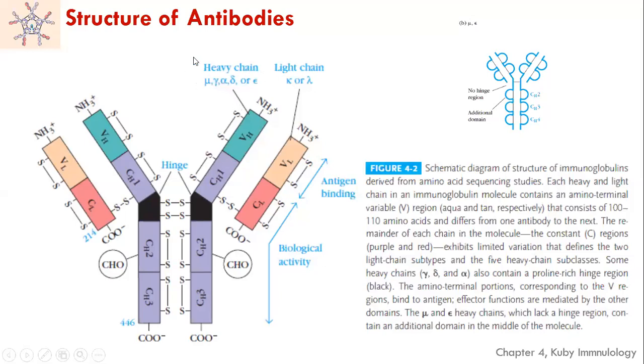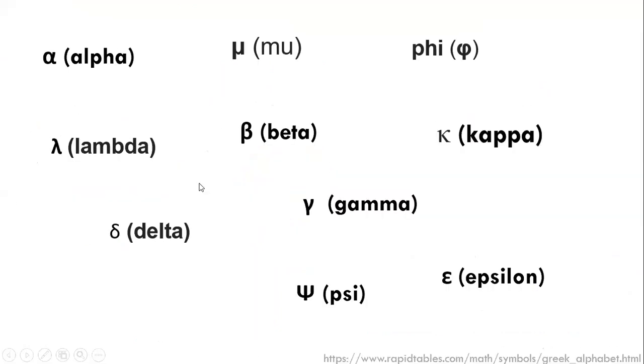And in terms of the heavy chain, there is again variability. The hinge region is absent specifically in 2 classes, called mu and epsilon. This triangular black region is not there. They will have a straight bond. Absence of the hinge region distinguishes them from the other heavy chain subtypes. So these are the symbols. If you forgot what represents what here, you can go through that.